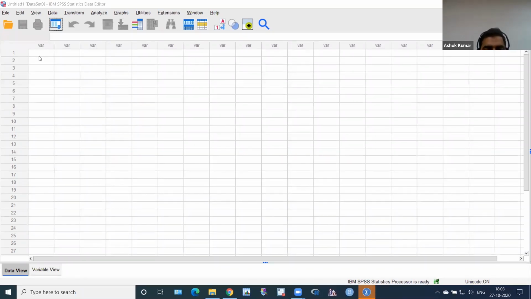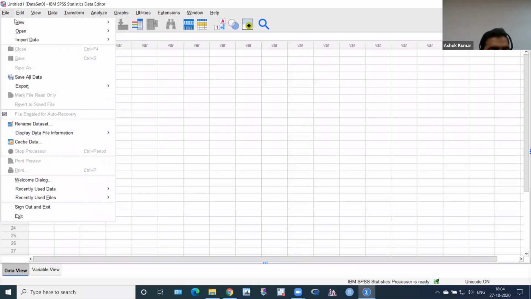I already demonstrated one way yesterday, and today we will discuss the second way. The first way, just as revision: click on file, then open, and then data.